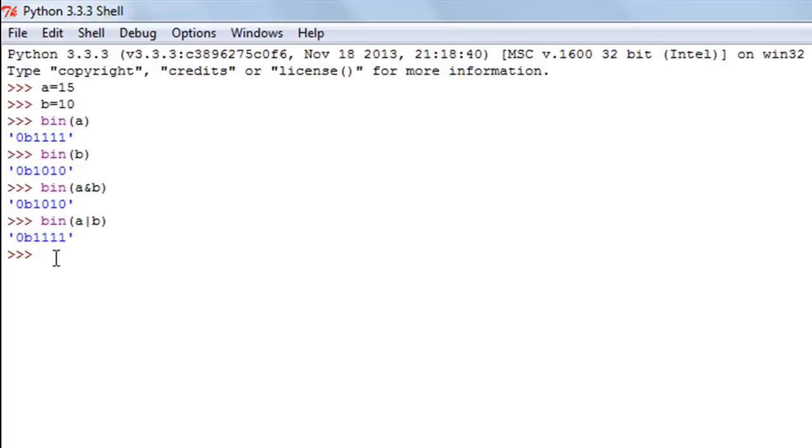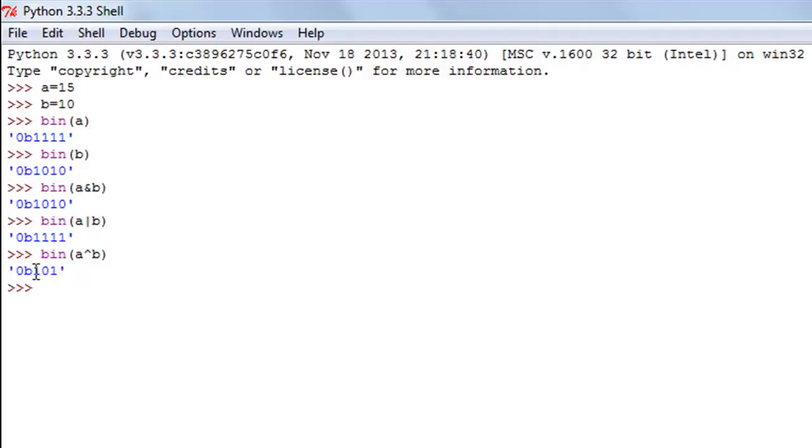And the last bitwise operator that we're going to check out is the exclusive OR operator, and the symbol for that is the hat symbol, and you would find it over the key 6 on most standard keyboards. Obviously you'll have to shift up. So I'll type in bin and then within parentheses A and then the hat symbol and then B, and this is also known as the exponentiation symbol in some languages, and I hope you guys can locate it on your keyboard. And then when I press the enter key, I see that the result is 0101,